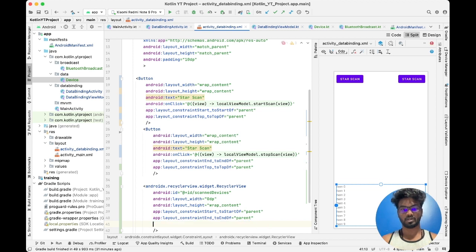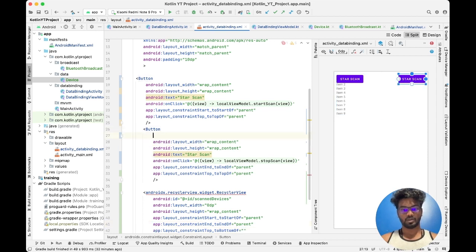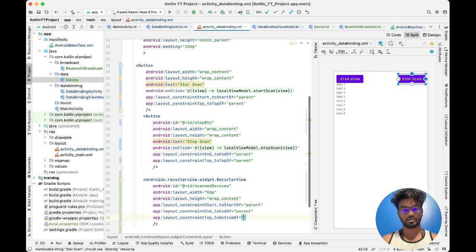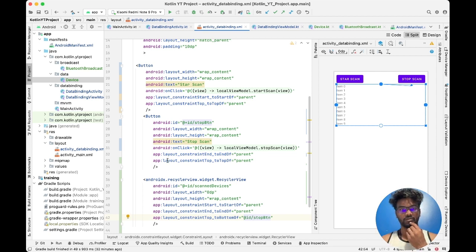I think we don't need bottom to the bottom of parent, top to the bottom of any one button. ID is equal to start button. Okay, stop button. Actually, you have to add a barrier,